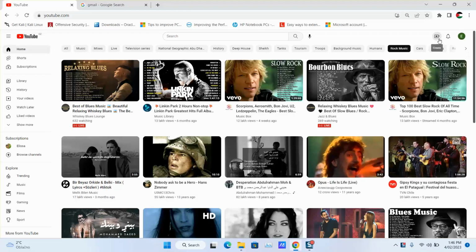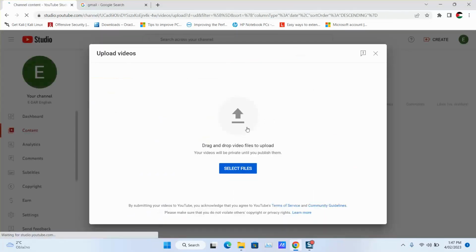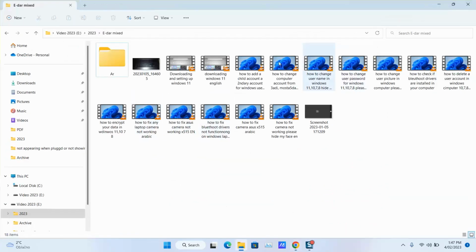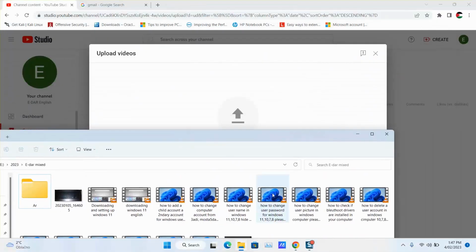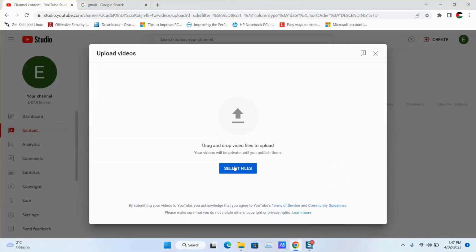And then in the top, you can either click on create or you can just click on your channel. So let's just click on create, upload video. And here we will be able to upload your video. Here you will have two options. You can always just open the file where the video is, drag your video, or simply click on select,